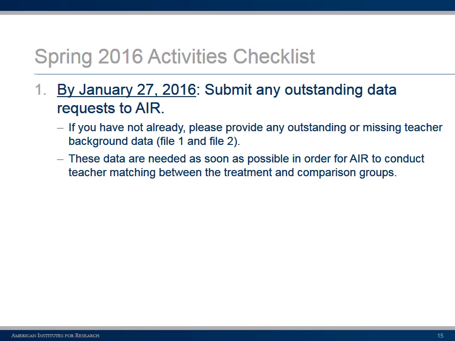And of course, there is the confidential, secure way of submitting any sensitive data in File 2, and that's through the InSync Druva platform. So if you have any questions at all about the remaining data requests or pieces of data that we need, let us know immediately. But I know in most cases we've reached out to all of you directly and have a plan worked out. And of course, we need this as soon as possible because we've really reached our deadline for this data that we've been collecting really since this past summer in order to conduct the matching process for teachers between the treatment and comparison groups. So got to have that data immediately.